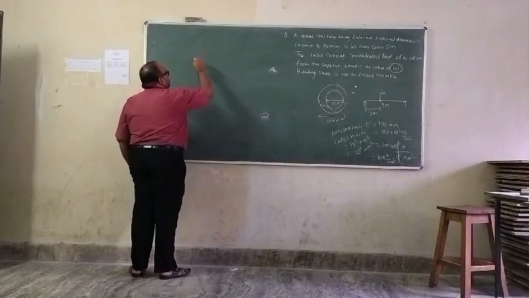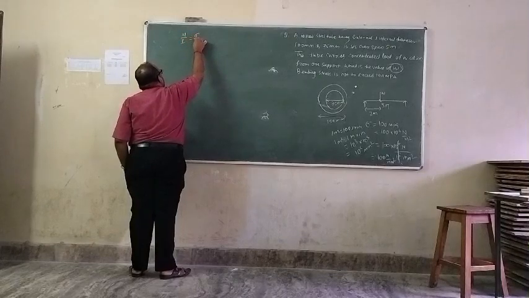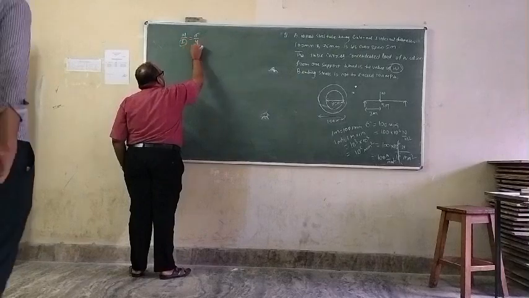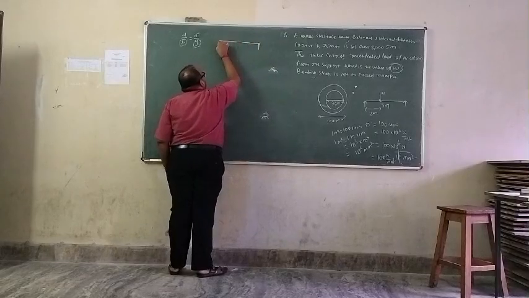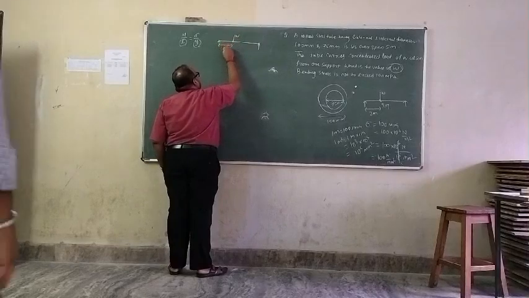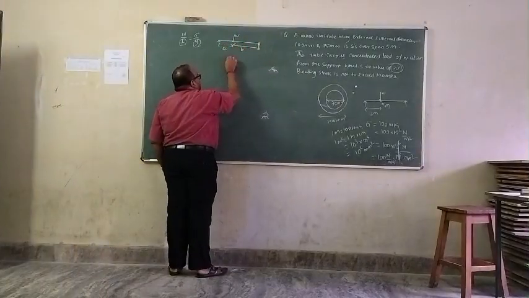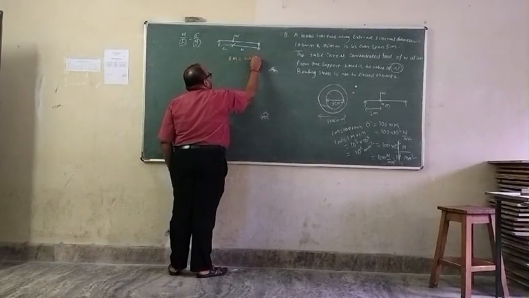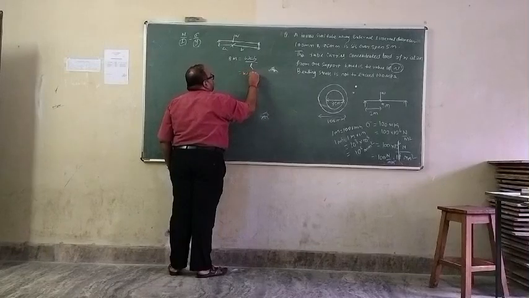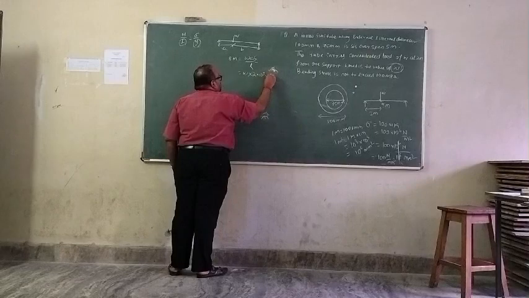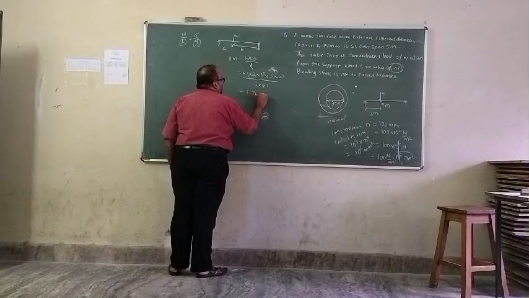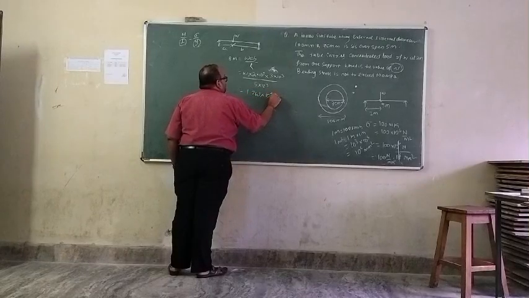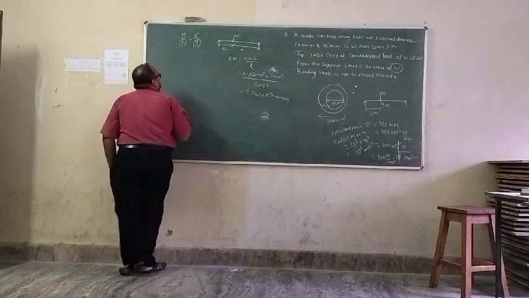And this is bending stress, means we will use simply M divided by I equals stress divided by Y, because from the sectional property I can find I and Y. M can be found out from the given simply supported beam with point load at A and B. So bending moment equals WAB divided by L. So W here, A is 2 meter, so 2 multiplied by 10 to the power 3, B here 3 multiplied by 10 to the power 3, divided by L is 5 meter, so 5 multiplied by 10 to the power 3 equals 1.2 W multiplied by 10 to the power 3 Newton mm is the bending moment.